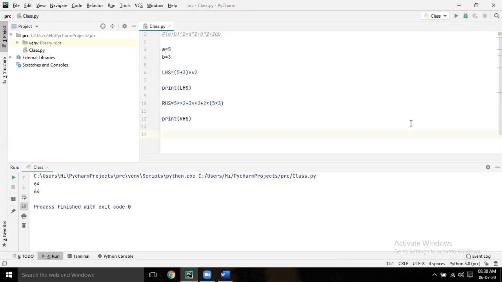Okay. Now, how to check it? You have to check the condition, right? So, conditional statement means what? If condition. Yes, sir. Right. If LHS equal to RHS. Here you have to use the if condition. If LHS equal to